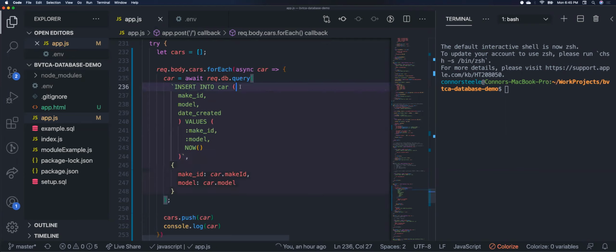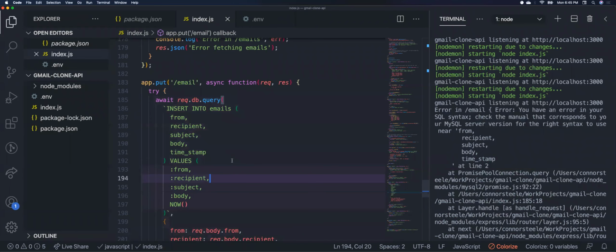Insert into table name and then parentheses, the column names. Then values, and then the placeholders. What am I missing here? Insert into